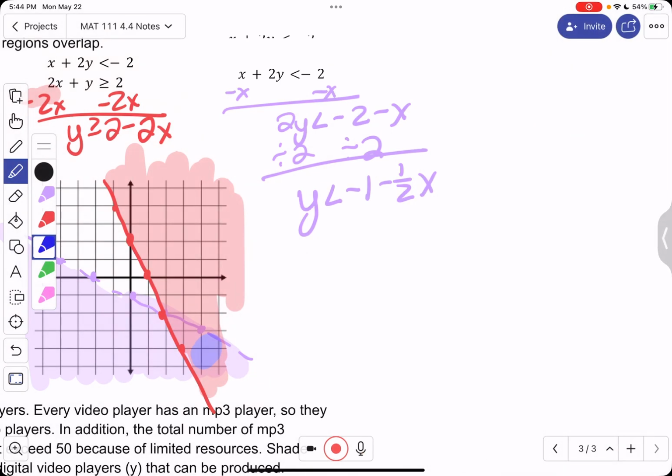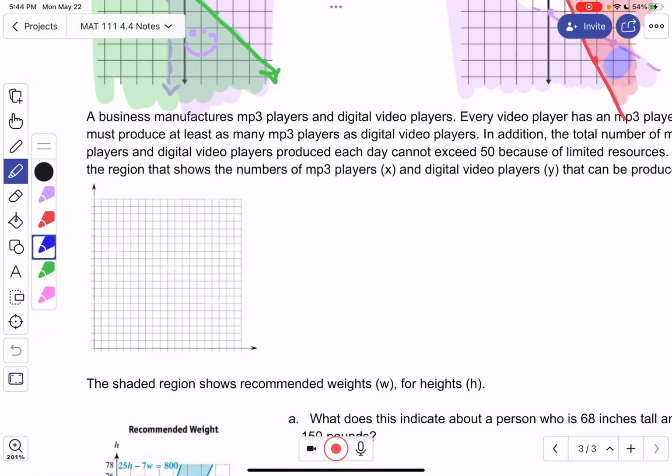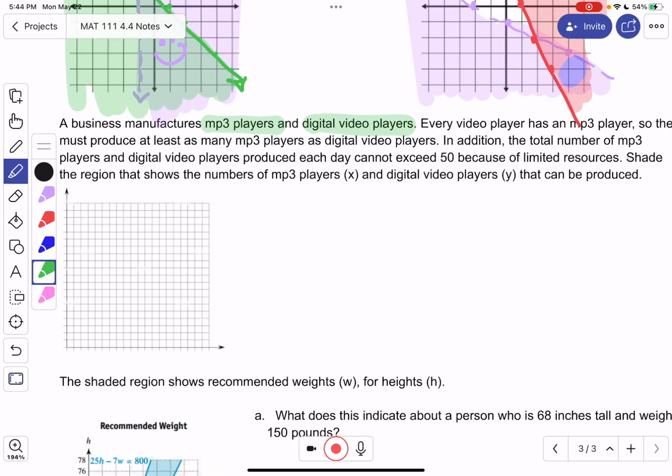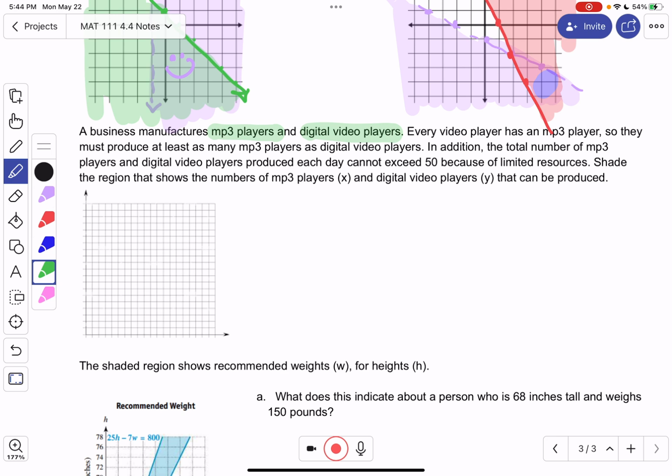All right, let's try a word problem. Business manufactures MP3 players and digital video players. Every video player has an MP3 in it, so they have to make at least as many MP3 players as